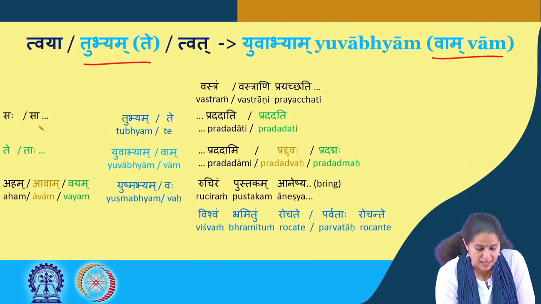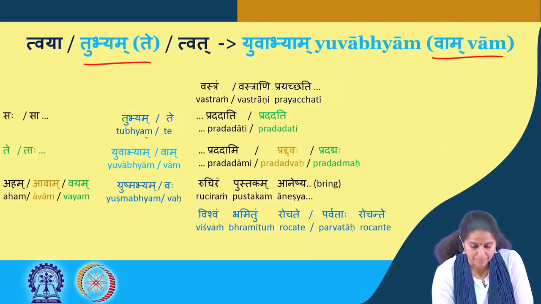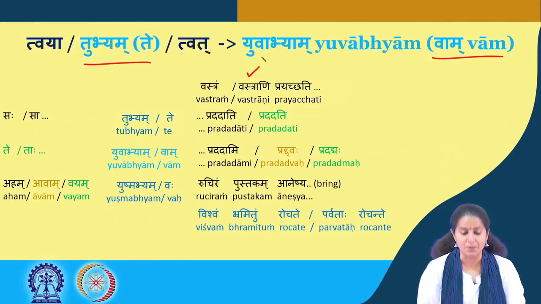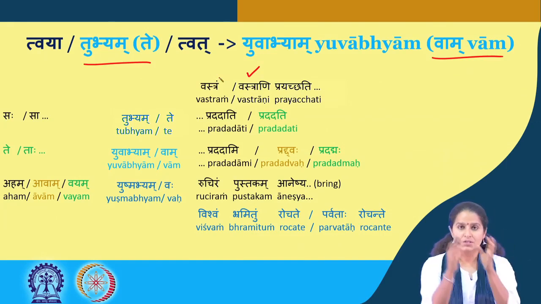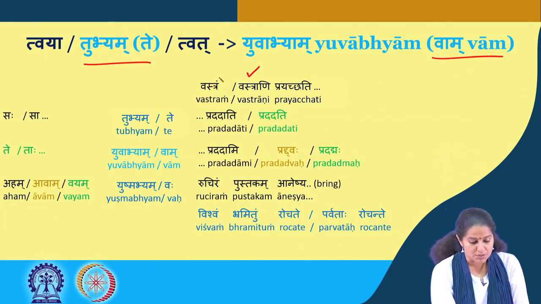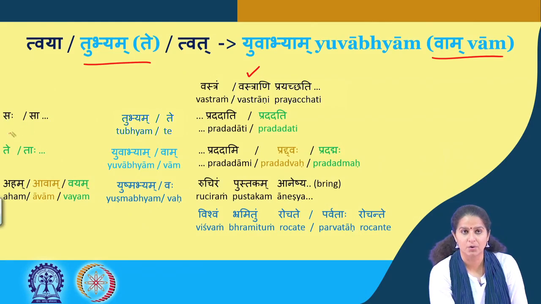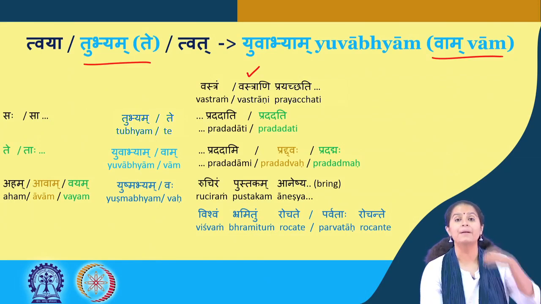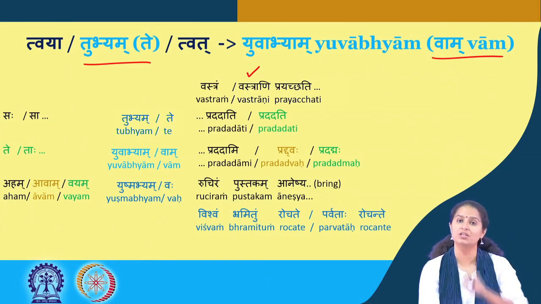Tarhi saha tubhyam or te vastrani. I will stick to this one because in the previous lesson we've done a lot of practice with vastram. So we'll do vastrani. Follow the cursor here. Saha tubhyam or te vastrani prayachati. Prayachati, to give,